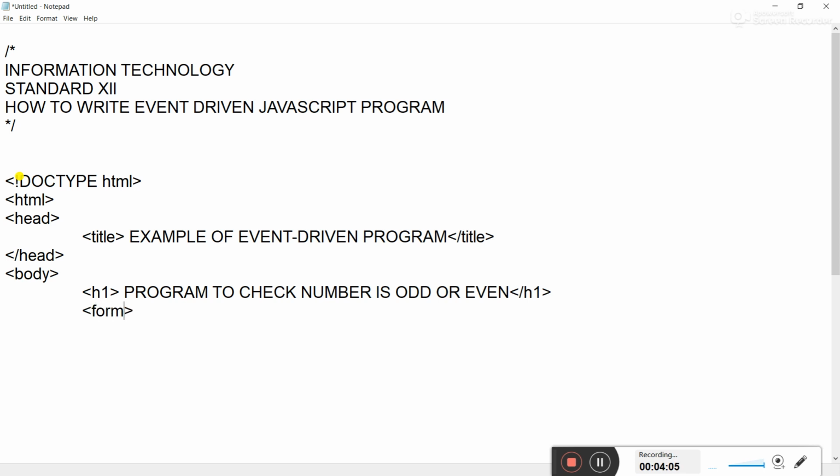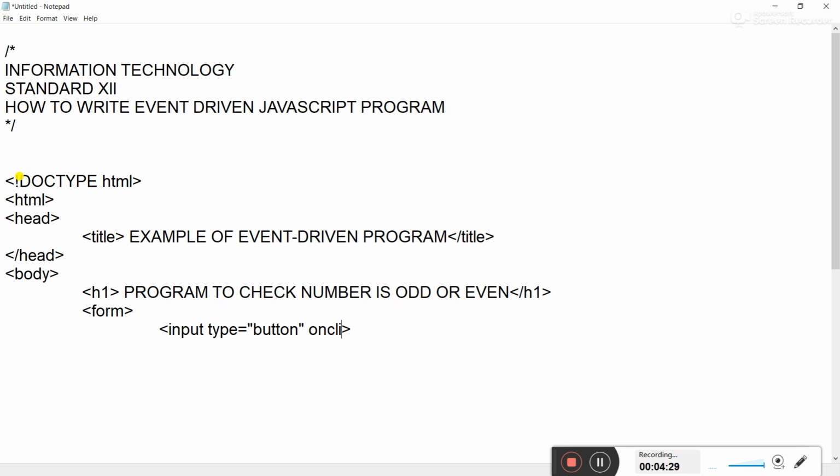For the button we will use the form tag. After form we will use one input tag. Input type is equal to button. Now on this button, I'm going to call an event. An event is based on two things. One is the event handler, that means how to activate the event.